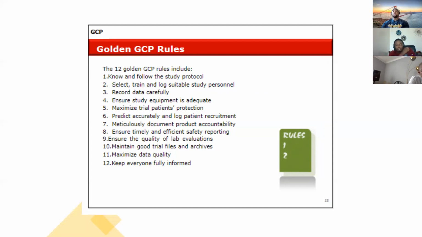Predict accurately and log patient recruitment, meticulously document every product accountability, ensure timely and efficient safety monitoring and reporting, ensure the quality of lab evaluations, maintain good trial files and archives, maximize data quality, and keep everyone fully